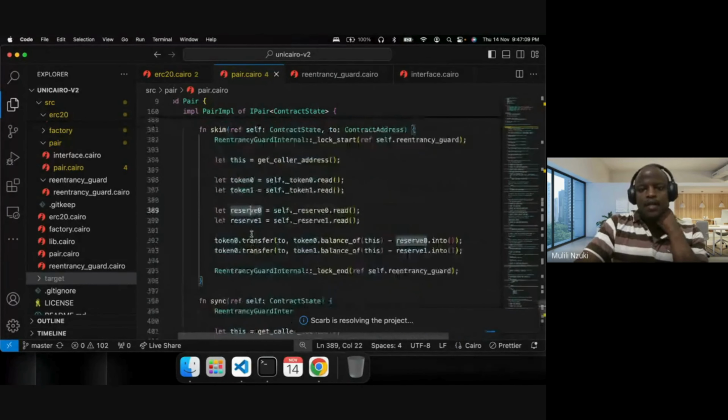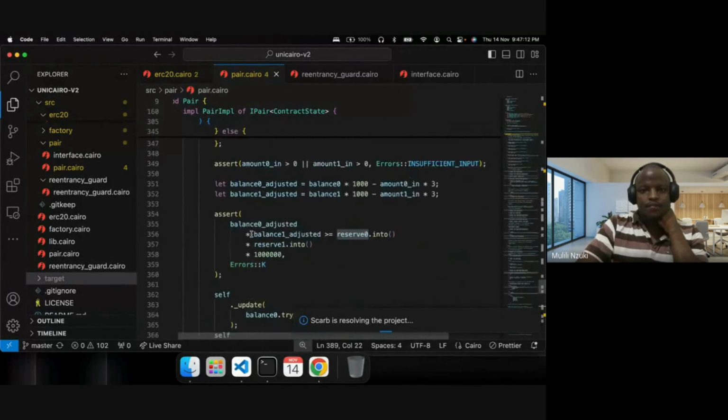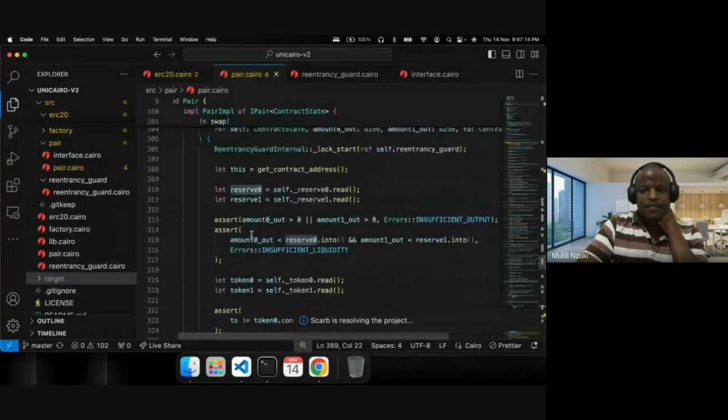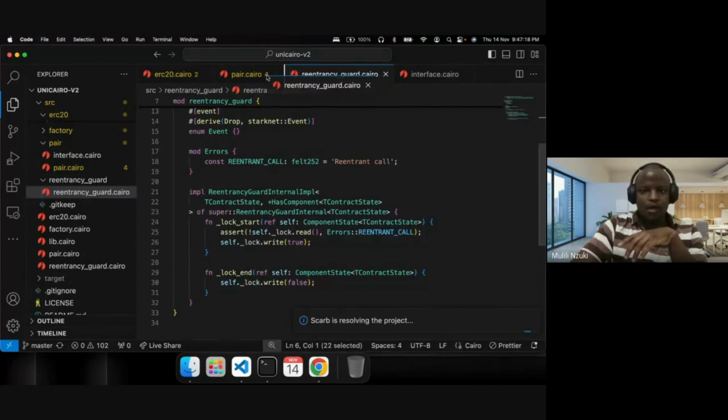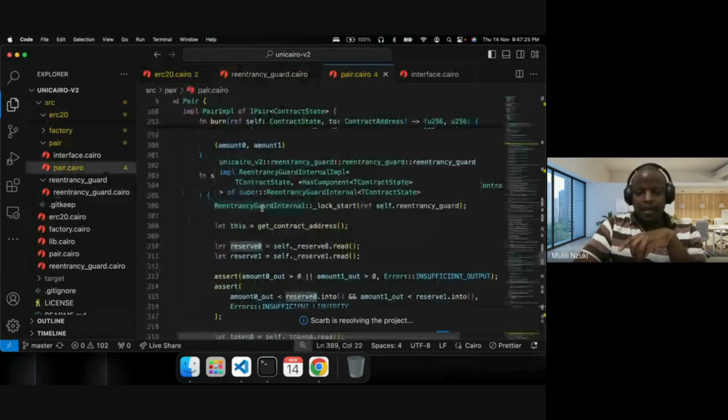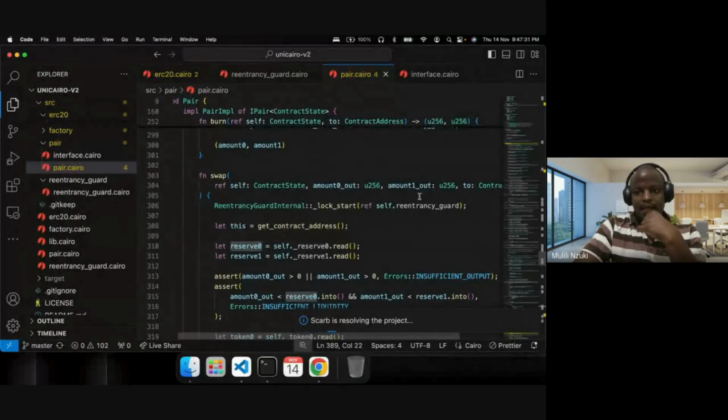So for now, let us go through the swap function, because this is where you will actually see how these two components work together, the reentrancy and the ERC20 component. From the very get-go, you can see that we call the internal function lock start, and then we pass in the parameter of the reentrancy guard. If you go to the definition of this,